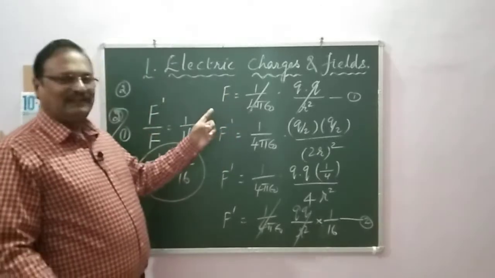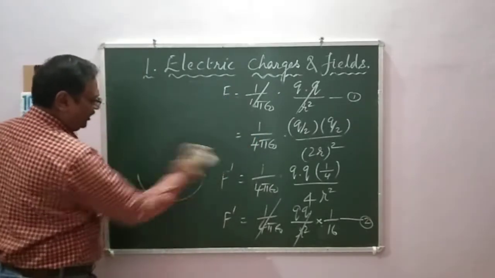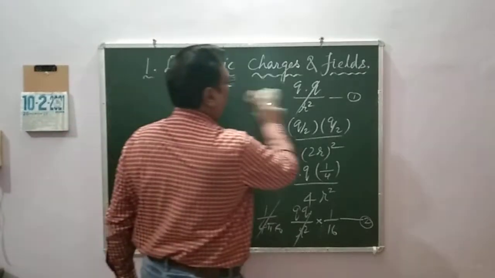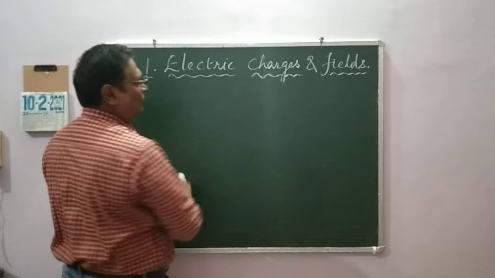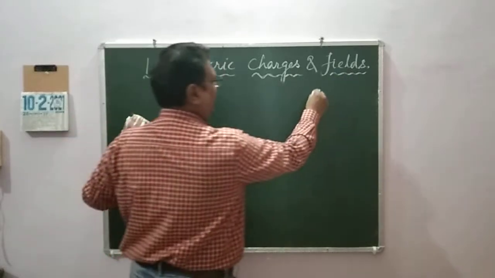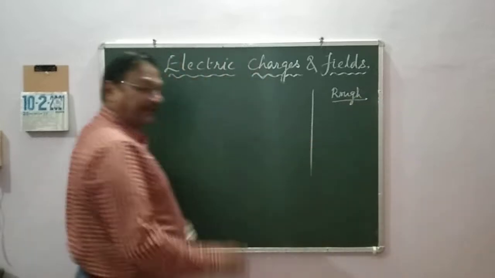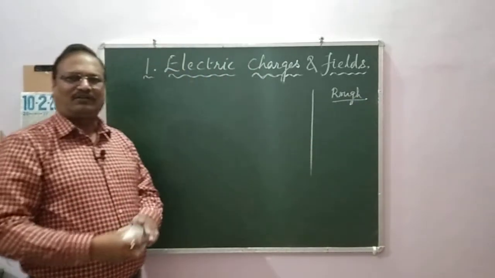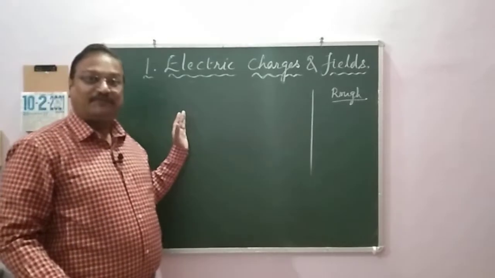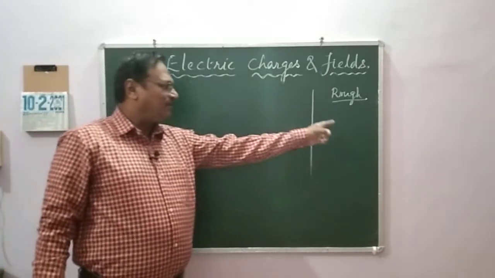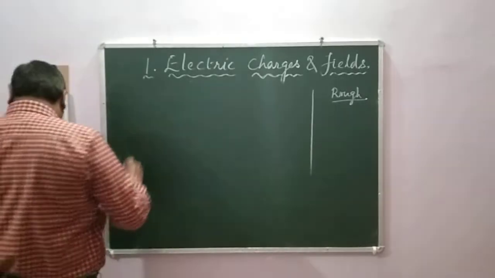So, please solve it in your answer script on the side. Rough page, rough line, you mark it, and then you should do it. What I do is, in the answer sheet, I tell my children to make a small rough column. Do not carry it to the next page or last page. Then and there you do it. When the examiner finds a mistake, he will be able to give you marks for steps when you have a carryover error. So let me do a third problem.